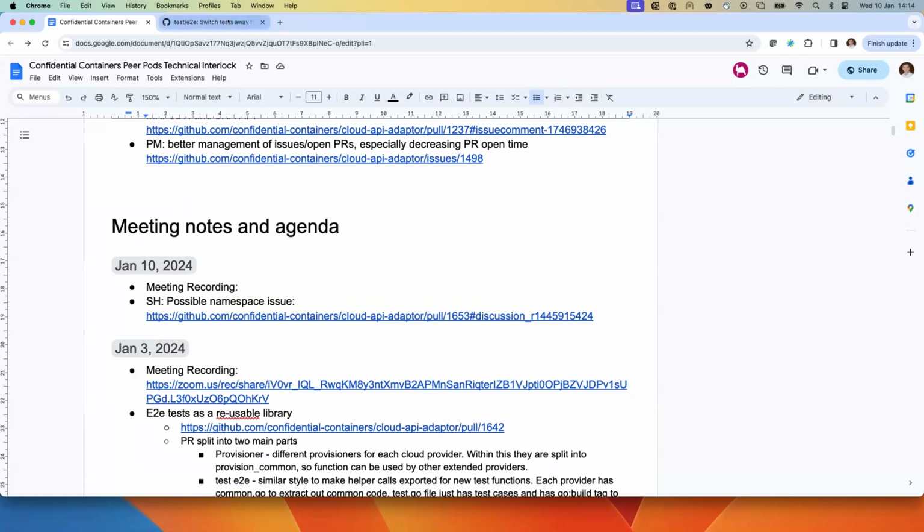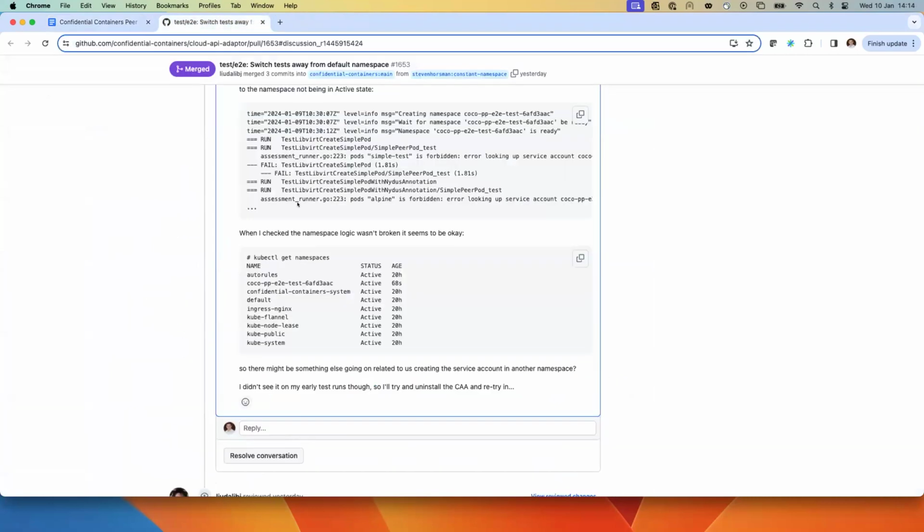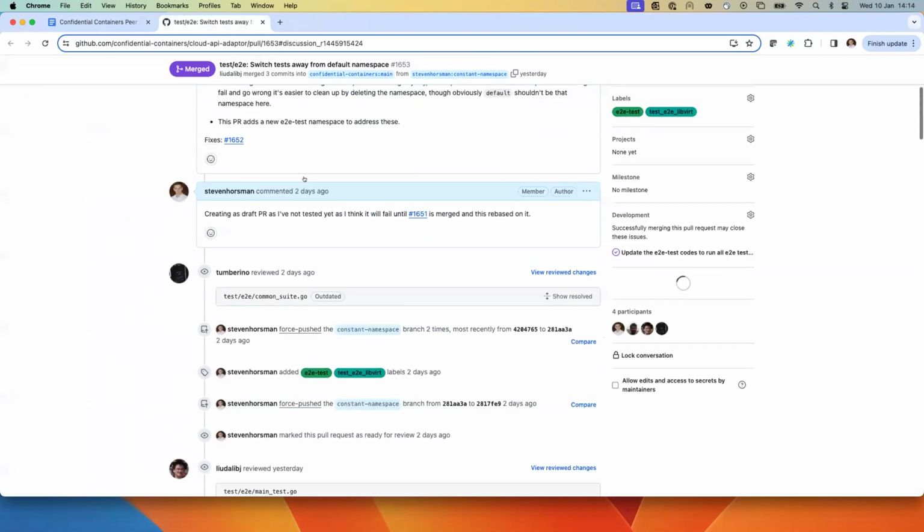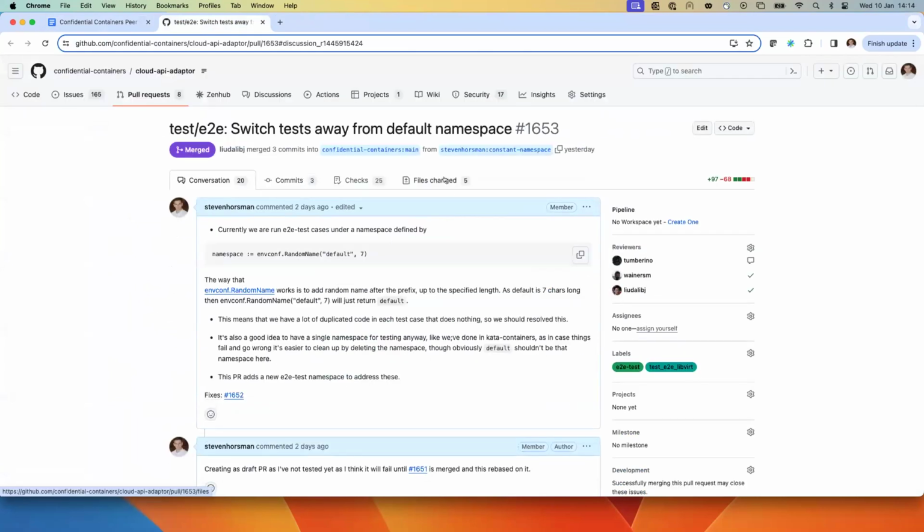So, I was mentioning a change which got a little bit prematurely merged yesterday. It was a PR I was doing to address the fact that the intention was to have an individual namespace per test, but the way it was implemented, every test ran under default.